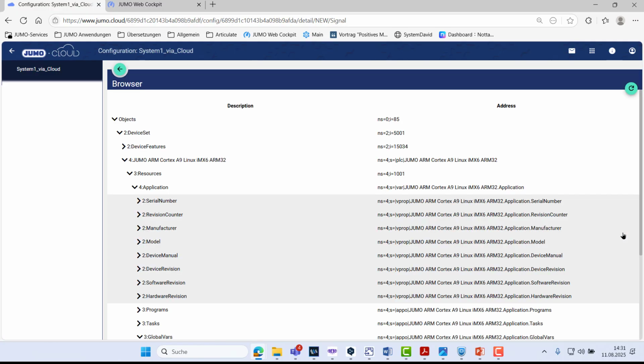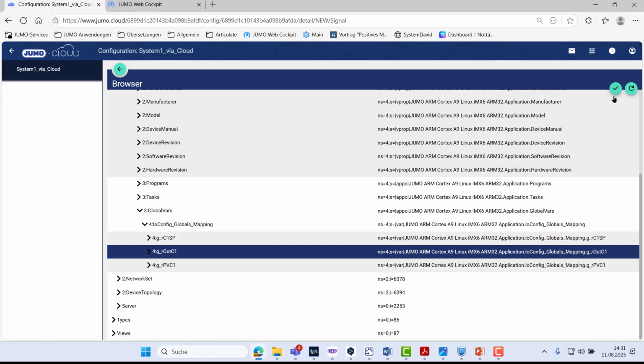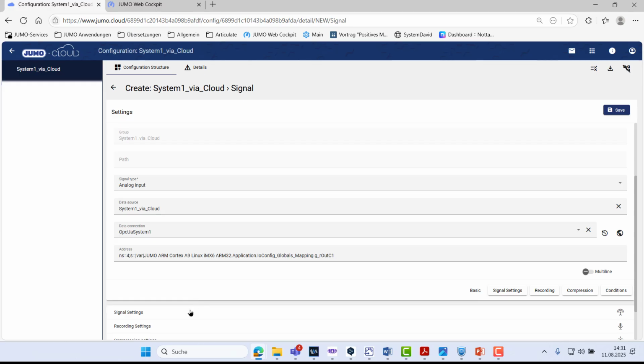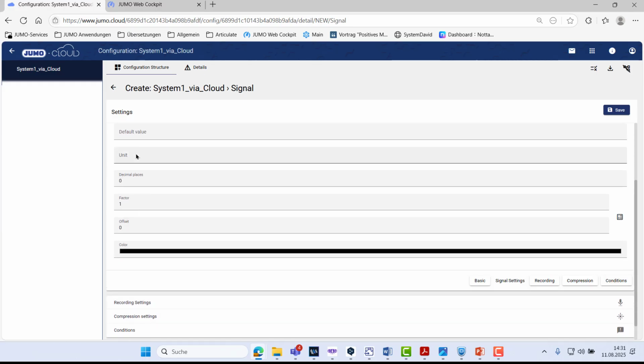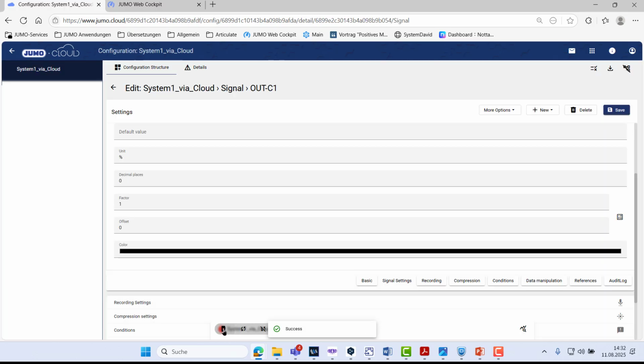And I select the output level here accordingly. The unit for the output level is %. I save the changes and transfer the settings to the data source.